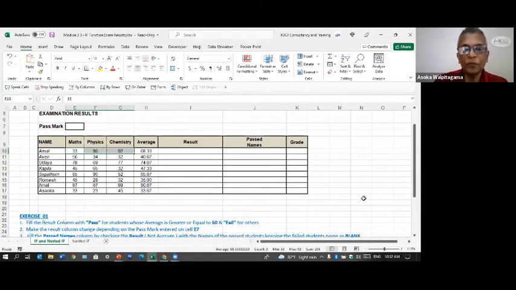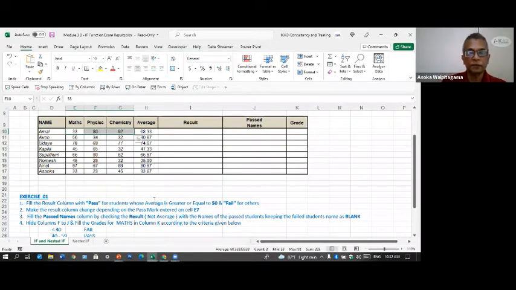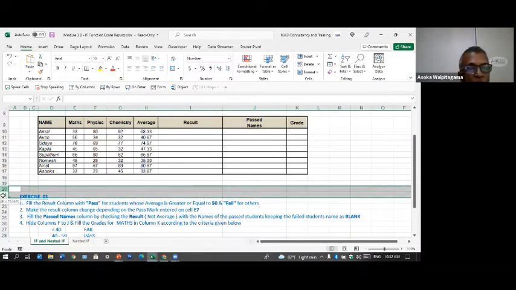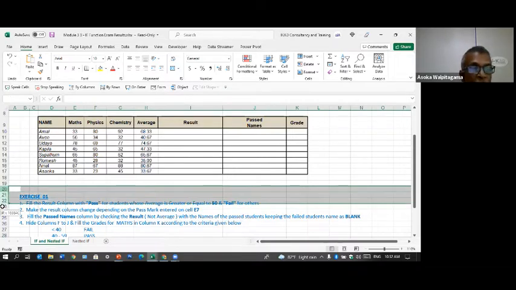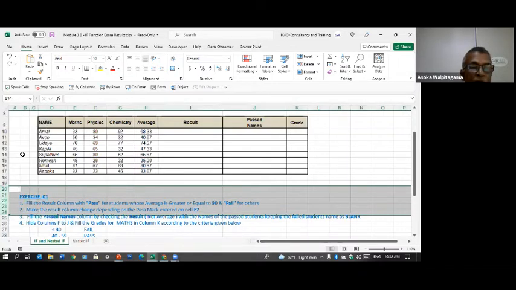Now, the easiest way to handle this problem is you write down what you have to do. I'll increase some of the rows here. Do you know how to insert a row? If you want to insert a lot of rows, if you want to insert 5 rows, you select 5 rows and then say insert. You get 5 rows, right? Okay.